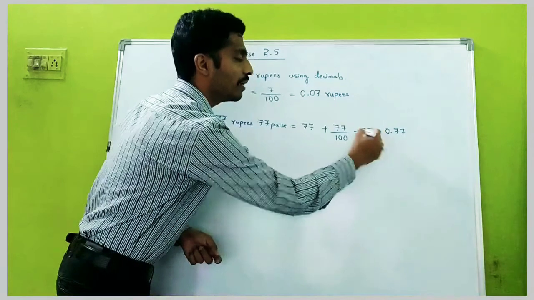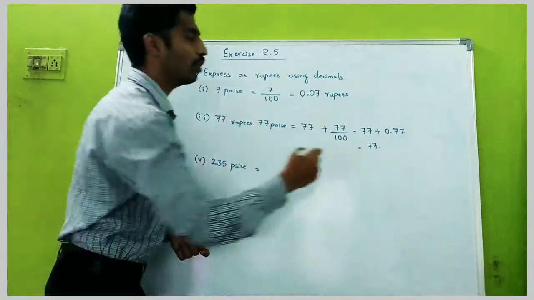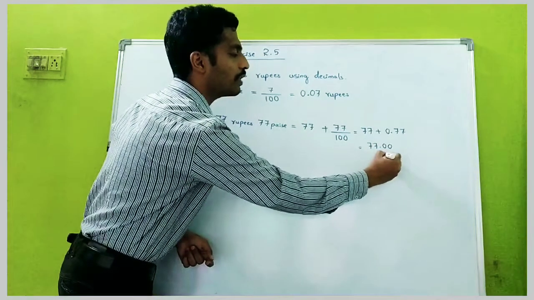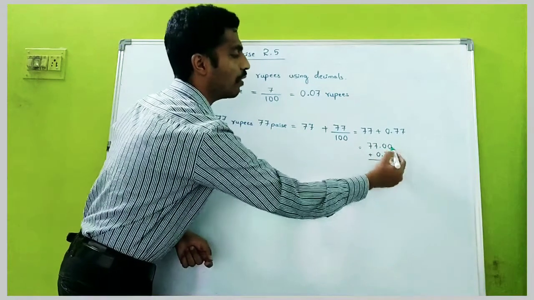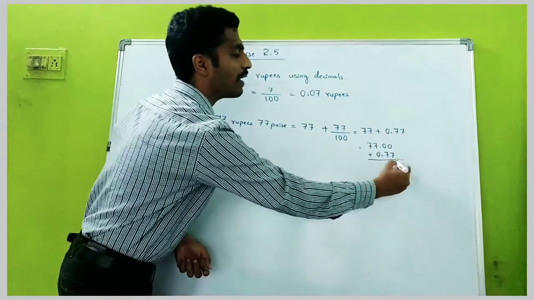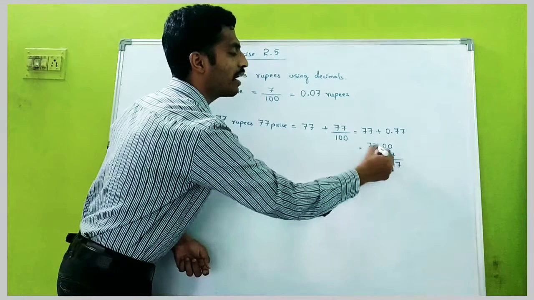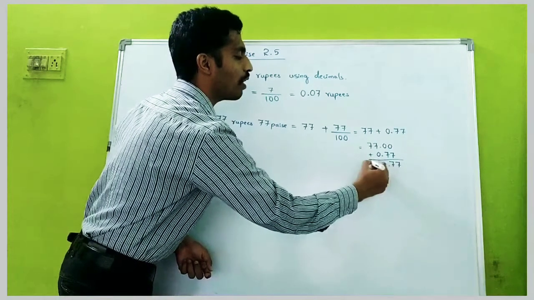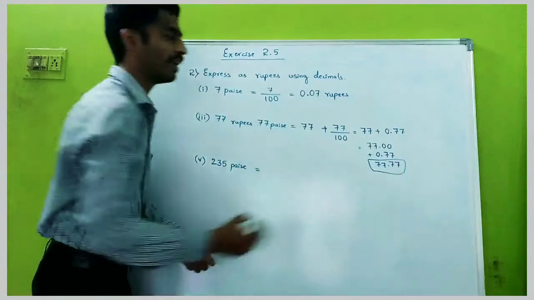If you know directly, you can do it, or else write it like this. 77 point. If it is a whole number, in the decimal place there will be 0, 0. So it will be 0 and 0. And now put the same thing at the bottom to add in general form. Now add them. 0 plus 7, it will be 7. 0 plus 7, 7. Point to point. And 7 plus 0, 7. And again 7. So our answer is 77.77 rupees.